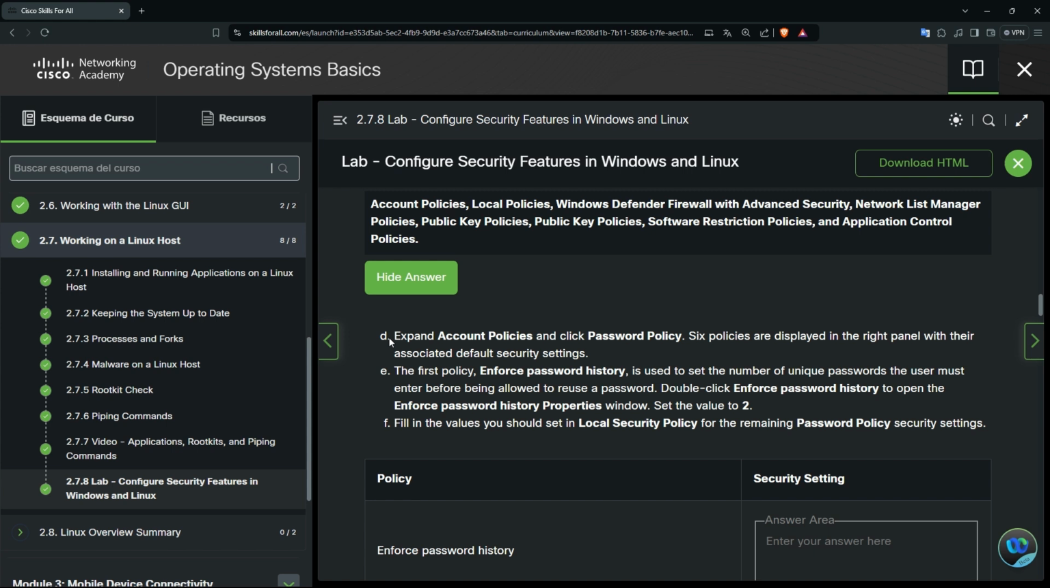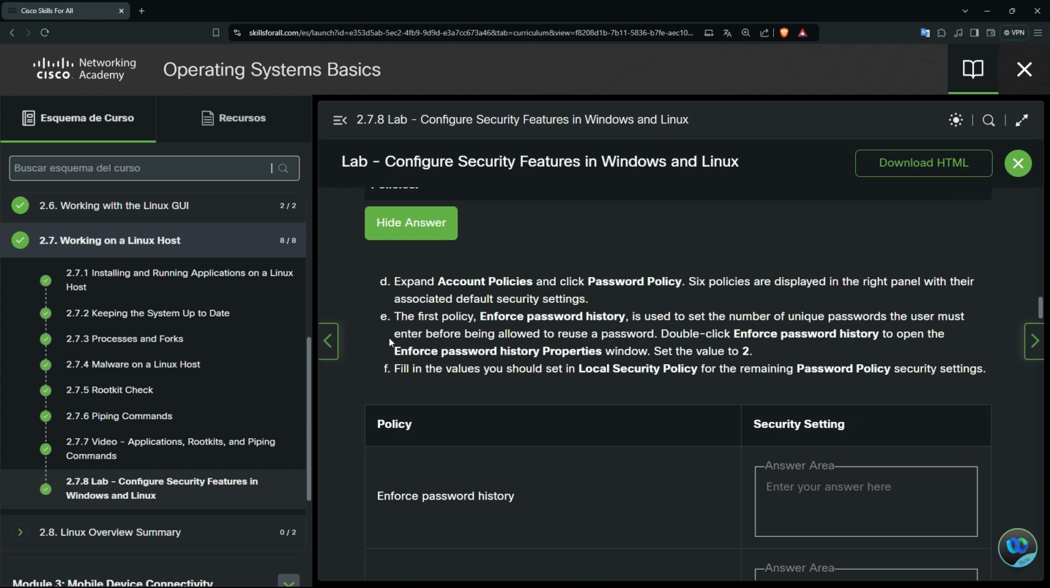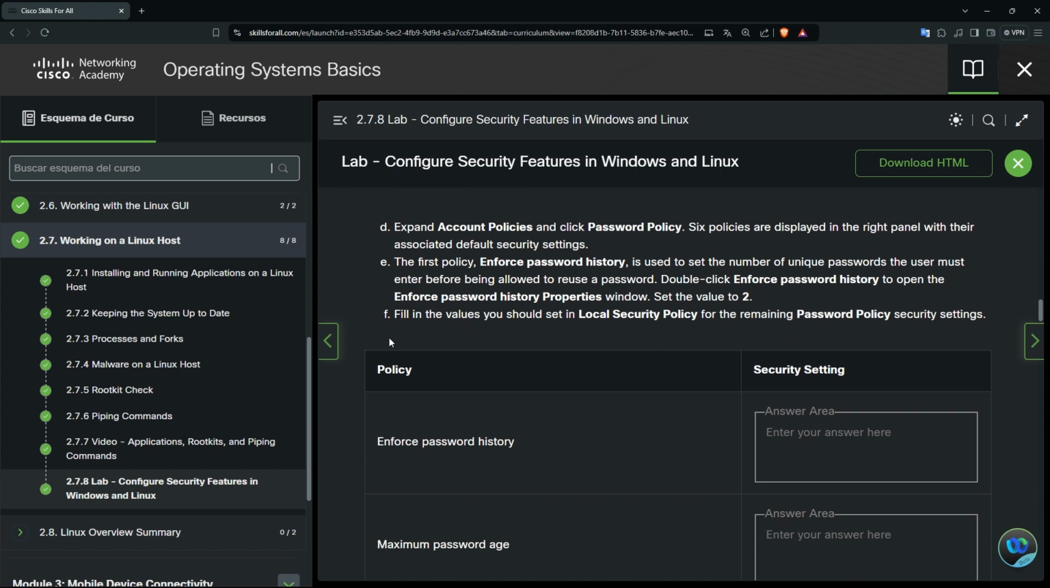Six policies are displayed in the right panel with their associated default security settings. The first policy, enforce password history, is used to set the number of unique passwords the user must enter before being allowed to reuse a password. Double-click Enforce Password History to open the Enforce Password History properties window. Set the value and fill in the values you should set in local security policy for the remaining password